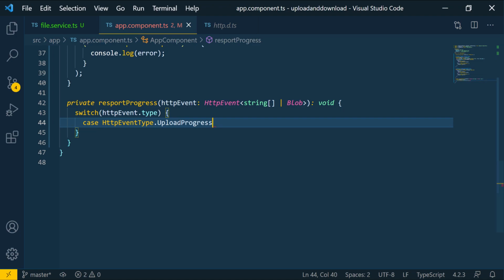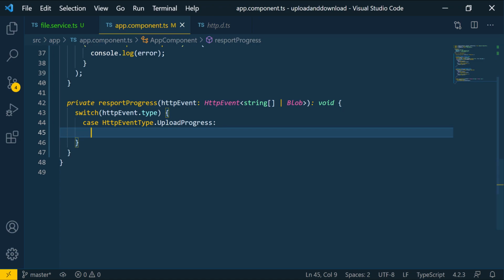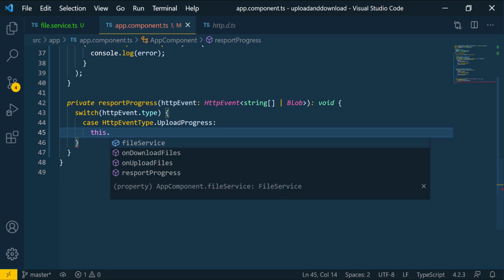Okay, so whenever the event type is upload progress, we're gonna go ahead and do a certain logic. If it's download, then we're going to do a different logic. If it's the response, then, you know, we might just take the response body and send something to the user or something like that. So if it's progress, what I want to do is call, let's say, update